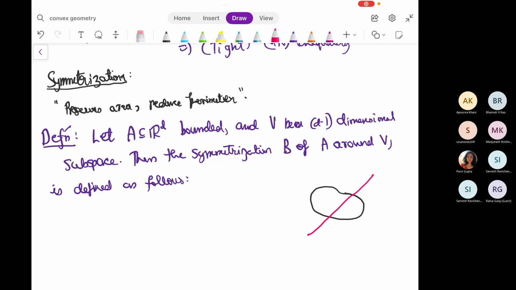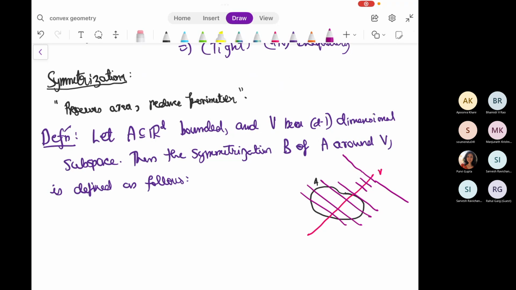We're going to create an object that is symmetric around V. I have labeled here A and V. How? We consider these lines which are orthogonal to V. There are many lines orthogonal to V passing through various points. The pink lines that I have drawn here are lines, so they will of course extend all the way to infinity. You take these lines